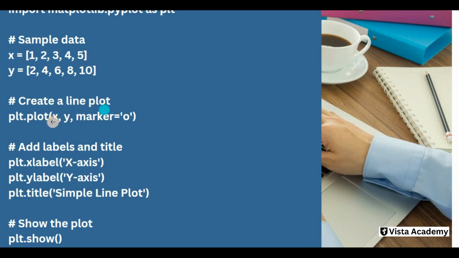So plt is used as the alias for Matplotlib. Here we have created a data frame. Then we will create plt.plot with x and marker 0. It will create a chart which is a simple line plot. Now we will go to our Jupyter notebook and create all these charts using the Matplotlib library.